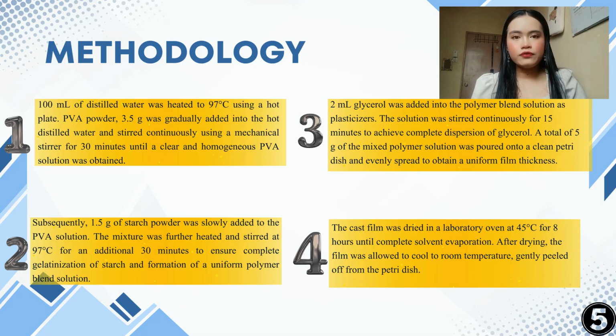Secondly, 1.5 grams of starch powder was added into the PVA solution and heated again for another 30 minutes to ensure complete gelatinization. Thirdly, 2 milliliters of glycerol was added as a plasticizer and stirred for 15 minutes. About 5 grams of the polymer solution was then poured into a petri dish and spread evenly. Finally, the film was dried in an oven at 45 degrees Celsius for 8 hours, cooled to room temperature, and